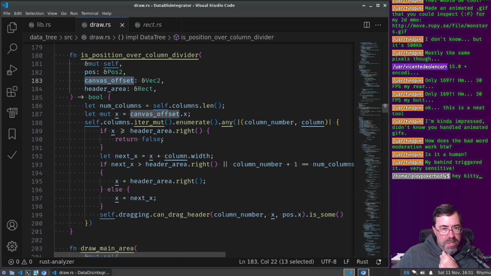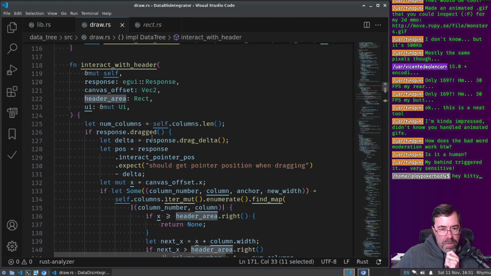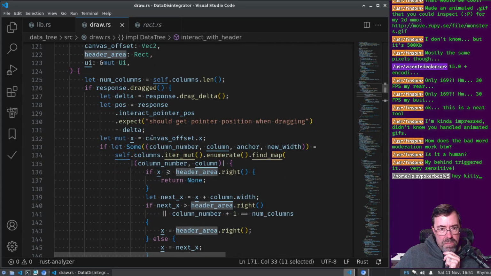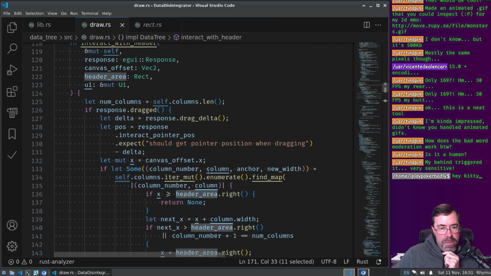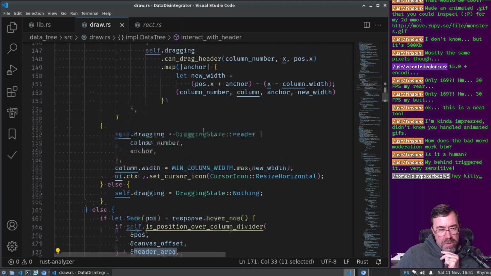So if I subtracted the canvas offset from both header area and position, I wouldn't need to pass it in, I think. So does it make sense to subtract it from header area? Maybe, because the only other place header area is used is inside this other one where we're starting at canvas offset, right? So